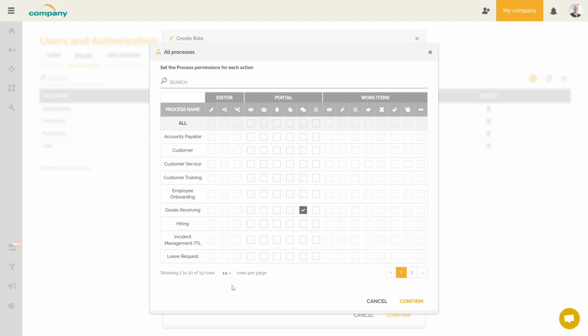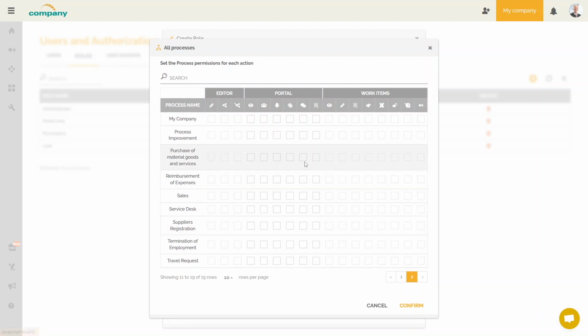We can then associate the 2 roles with a user to give him both the rights of the purchaser's role and the rights of this new role. We will select the option to allow writing comments for the 3 processes. We click on Confirm to validate the creation of this role.